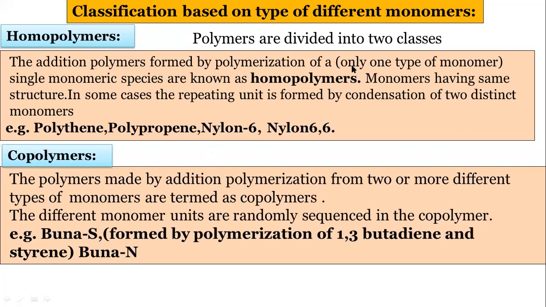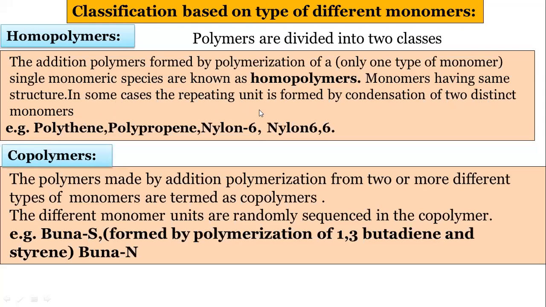Homopolymers are prepared by only one type of monomer, and copolymers are prepared by two or more different types of monomers. The different monomer units are randomly sequenced in the copolymer. This line is very important. The different monomer units are randomly sequenced in the copolymers. Sometimes in the case of homopolymers,